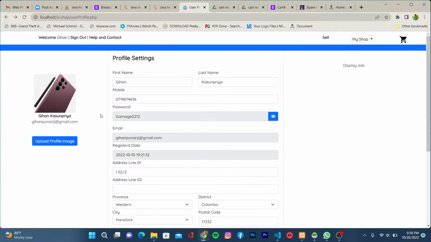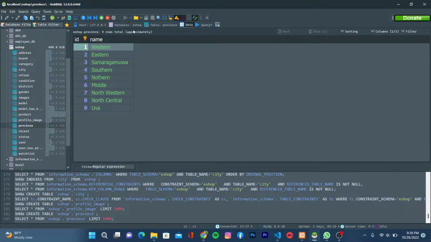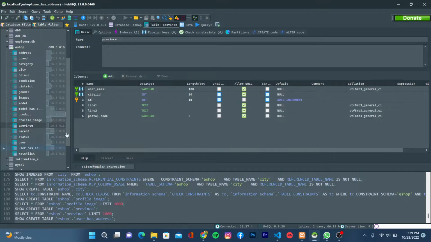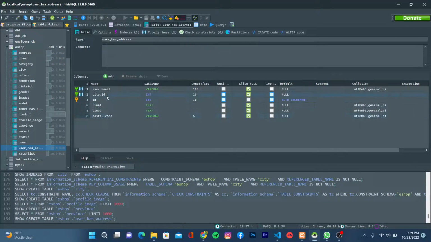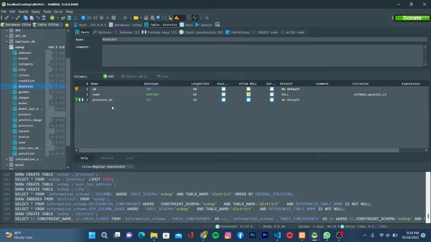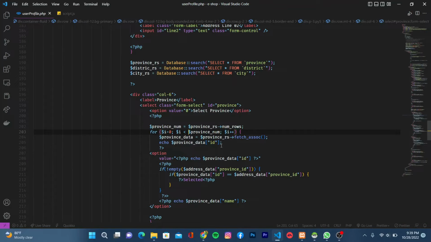Province id, if I go to my database and go to province, yeah, user has address, I think it's city id. Okay, city table, district ID. So where's the district? Okay, here we have province ID. I have taken that province ID and